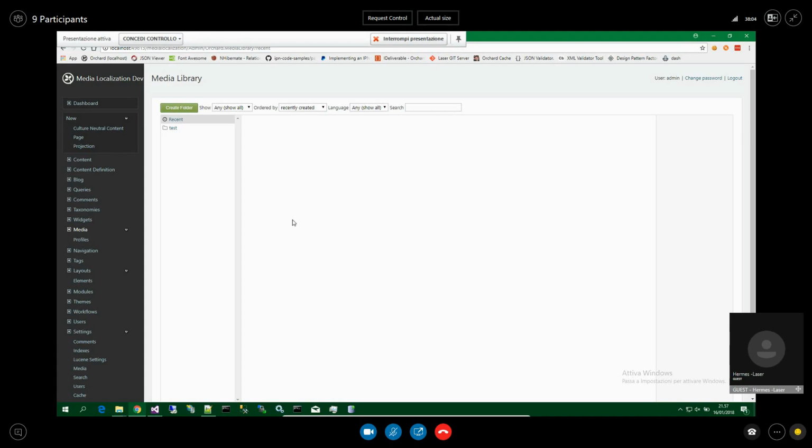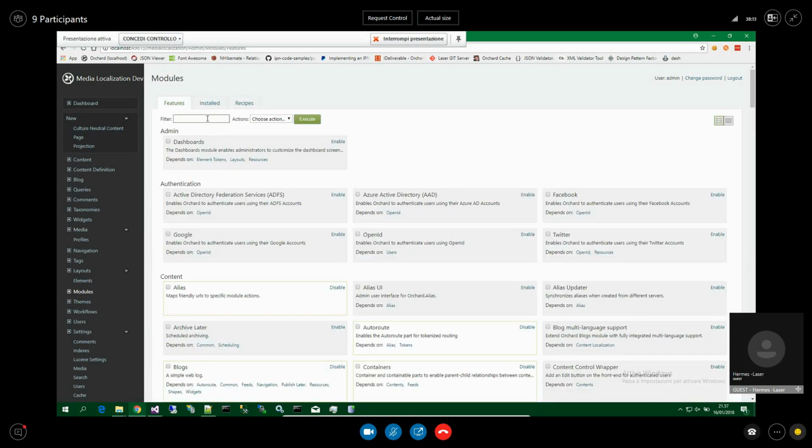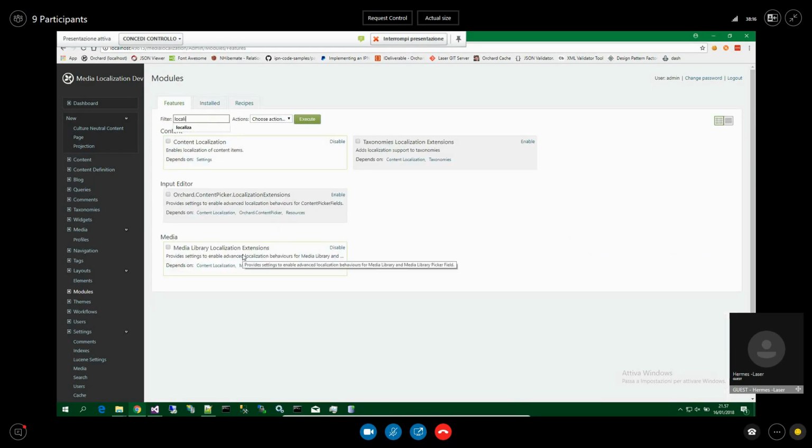I prepared an Orchard tenant where I activated this new feature. The feature is named Media Library Localization Extensions. When I enable it, this new feature takes care of three things. First of all, it adds a localization part to all media stereotypes, so images, documents, audio, movies, and so on, external media.